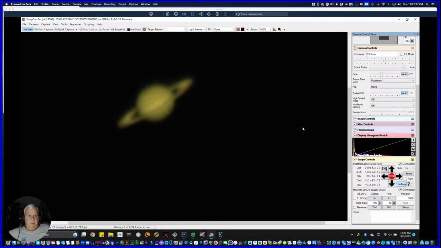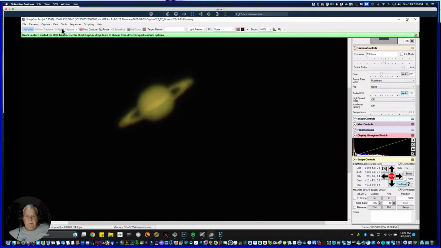Then I'll come back to Saturn and I'll take some more images of Saturn. Let's go ahead and take another 5,000 frames. But seeing conditions aren't great,